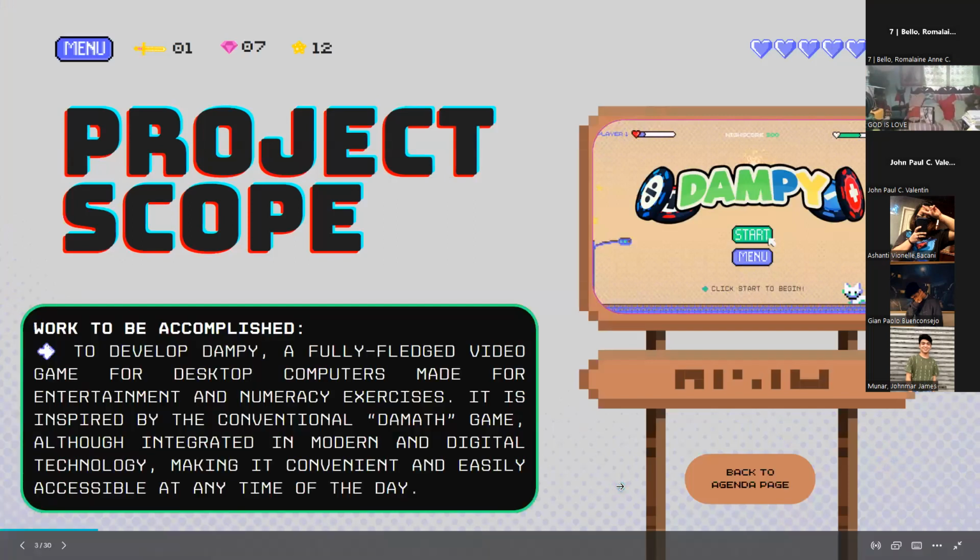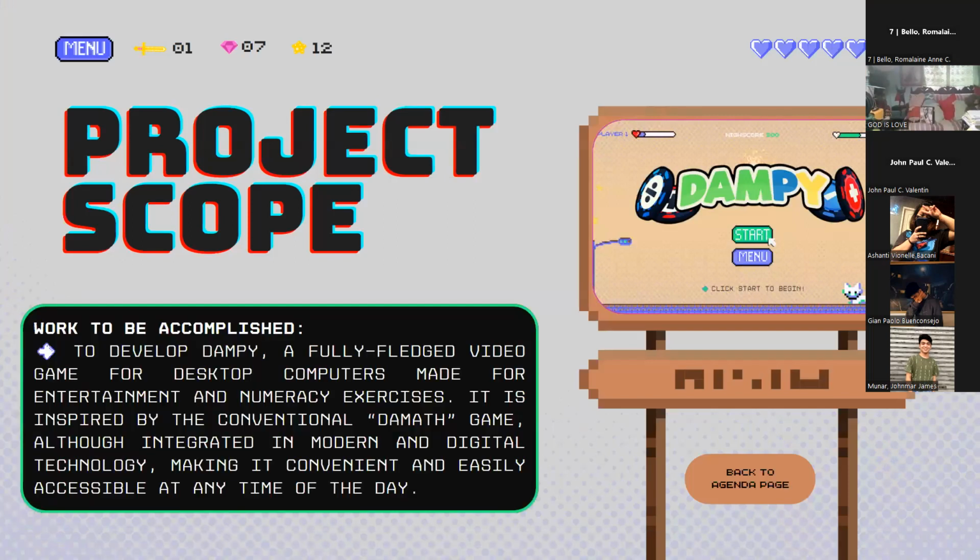Now, for our project scope, our work to be accomplished is to develop Dampy, a fully fledged video game for desktop computers made for entertainment and numeracy exercise. It is inspired by the conventional Damat game, although integrated in modern